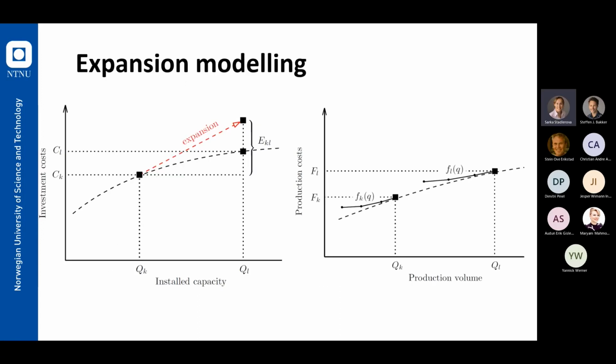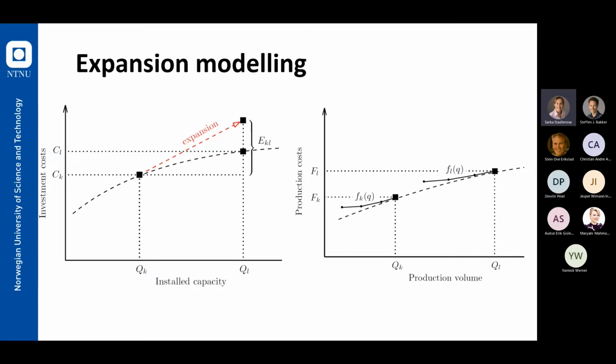And now very quickly about how we model our expansion. So at the beginning, we can open a facility with a small capacity, and then we pay these investment costs. And for this small capacity, this short-term production cost function is available. And you can see that we can produce less than we installed. But at the same time, higher utilization leads to lower unit costs.